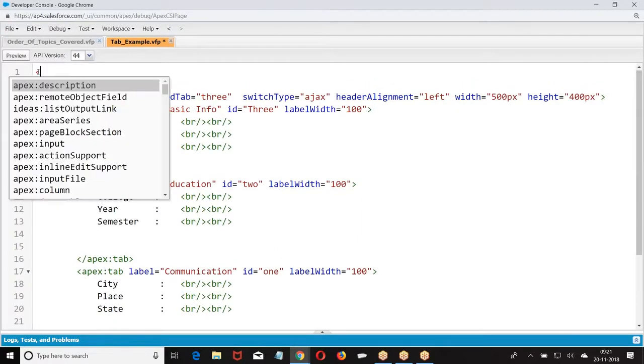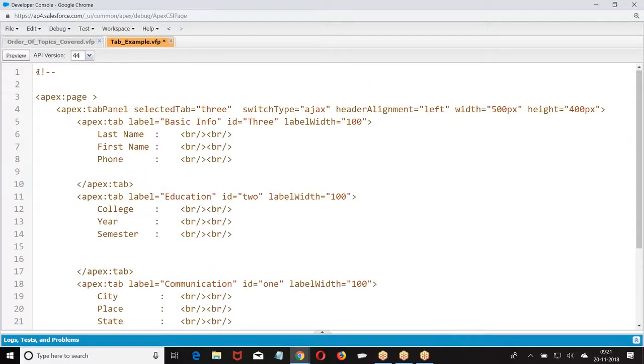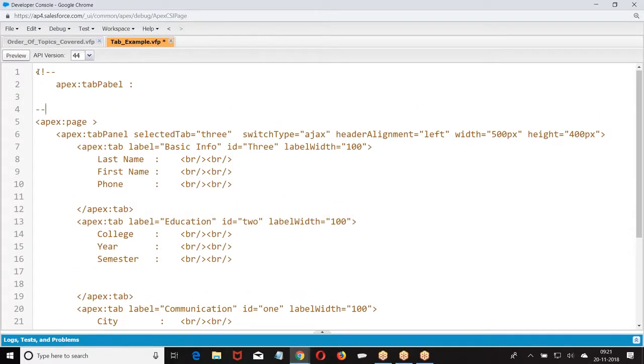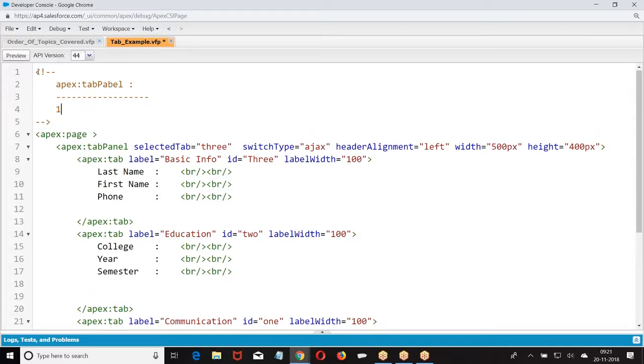We have seen this. So what are the properties of this Apex tab panel? What are the properties we have seen? This will specify the height of the panel.